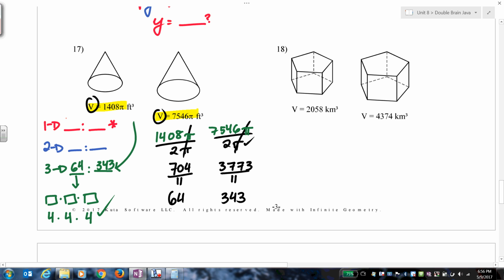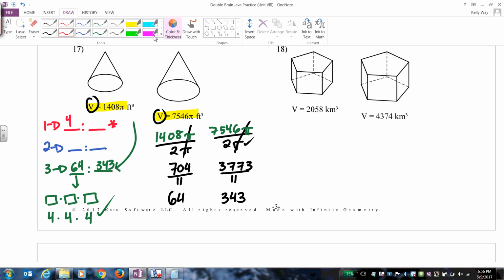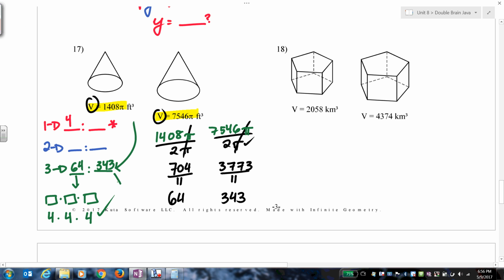Got it. Yes, that equals 64. That means the scale factor is 4. Now we need to find out what number times itself 3 times is going to equal 343, an odd number, and it's 7. And that number is going to